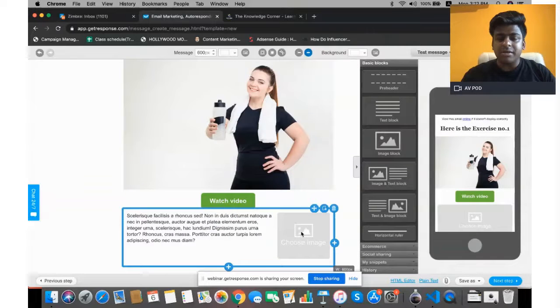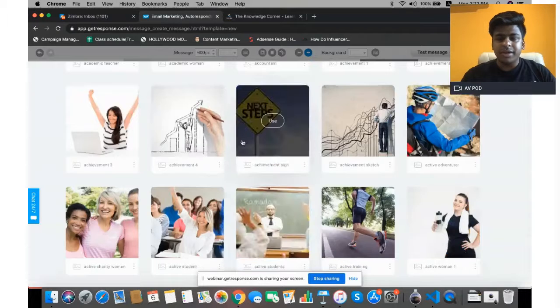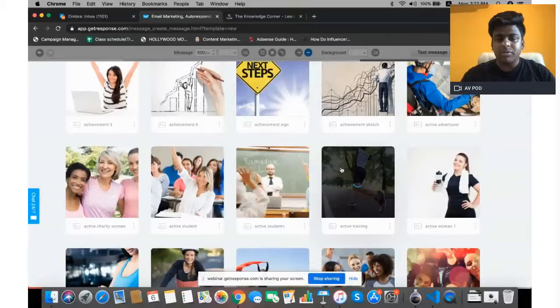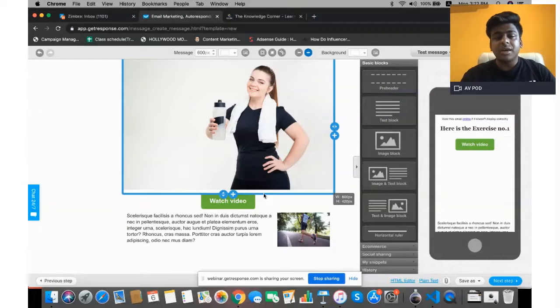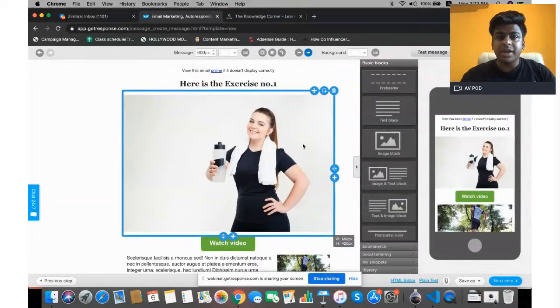So now I can choose an image. I'll select any random one so that it can be done, and I can write some text over here, right? So you can see your autoresponder for day 1 is ready. Similarly, you can create autoresponders for day 30. So what we are doing is, anyone signing up for my list via form or landing page form, no matter where it is coming from, when someone signs up for these kinds of offers, right?